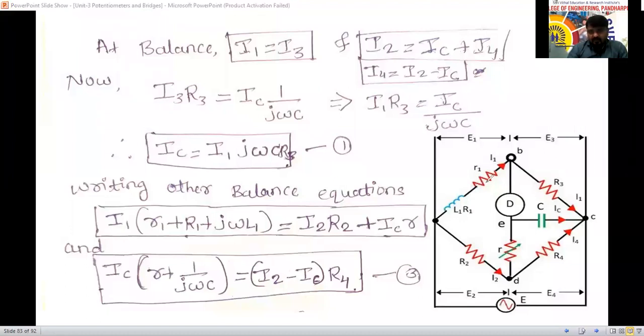See here, from the condition here, I1 equal to I3 we have written here. I have considered this one. Next, I2 equal to I4 plus IC we have taken here now. That one also I have written here now. From this equation, we can write I4 equal to I2 minus IC. I2 I will send into the LHS and this one becomes I2 minus IC.